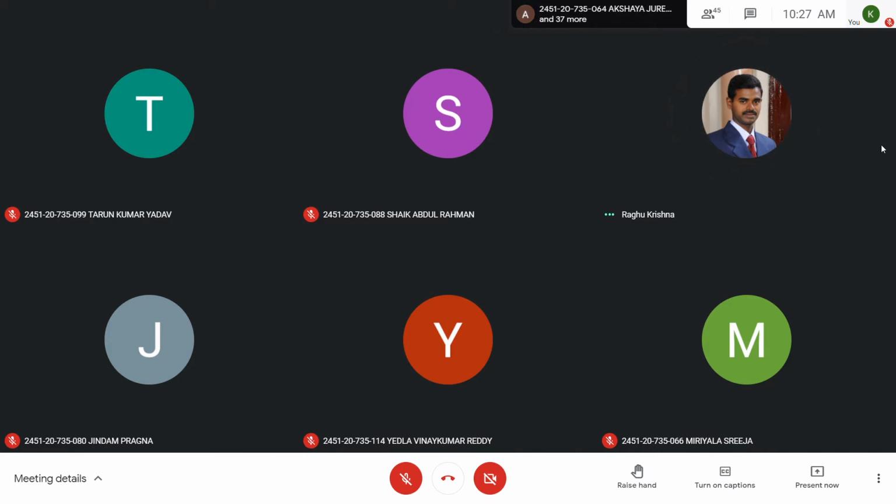Iron losses. So iron losses will take place in the stator and rotor. The rotor is made up of iron laminations. So here you are going to have iron losses in the rotor and stator.